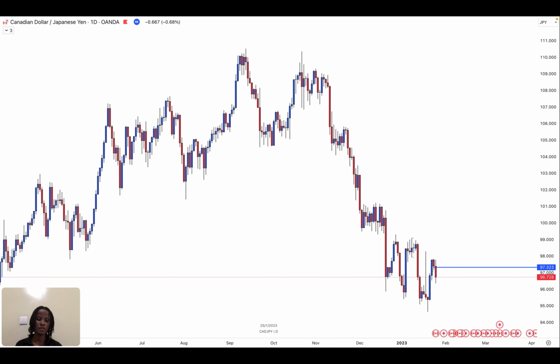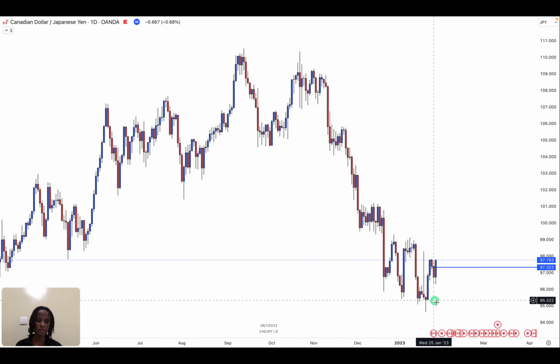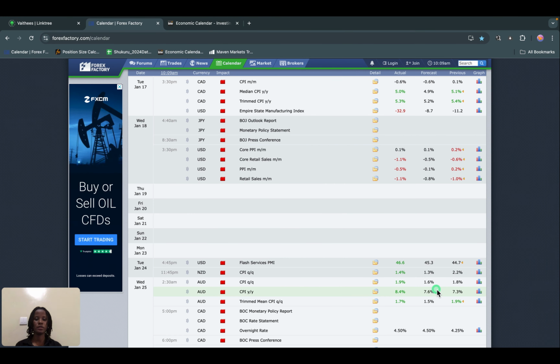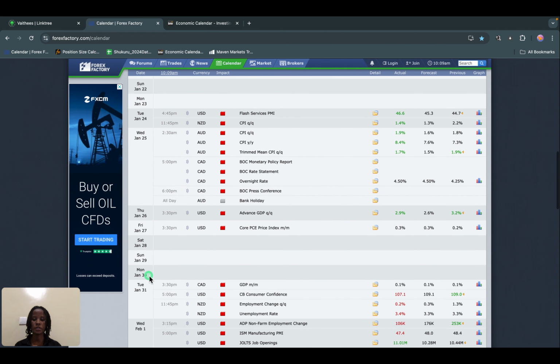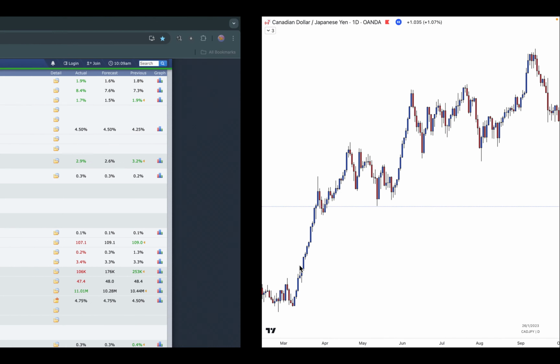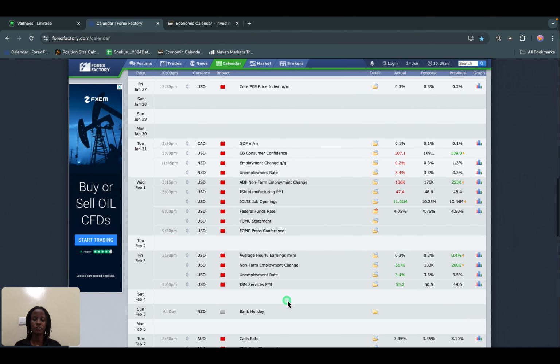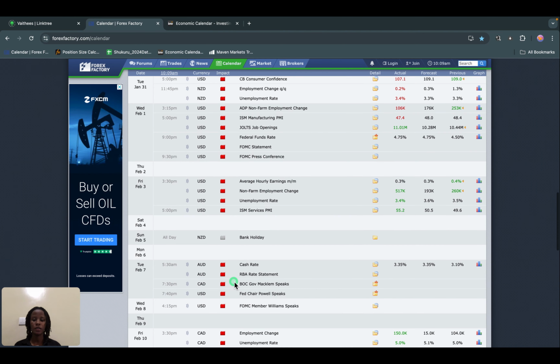Let's see how the following day was. Okay, so you can see here the following day, here it's on 26th. So if this day closed bullish, let's see if 27th is a valid trading day to trade. If you go on 27th, here was on Friday, and remember, I don't trade Fridays. So the only trading day that we had here, you can see from the calendar, the only trading day that we have here is on